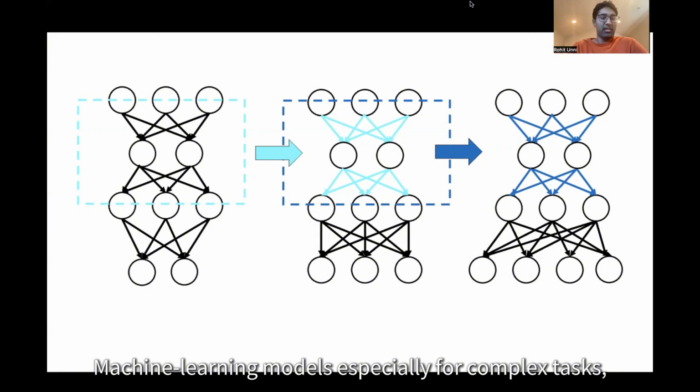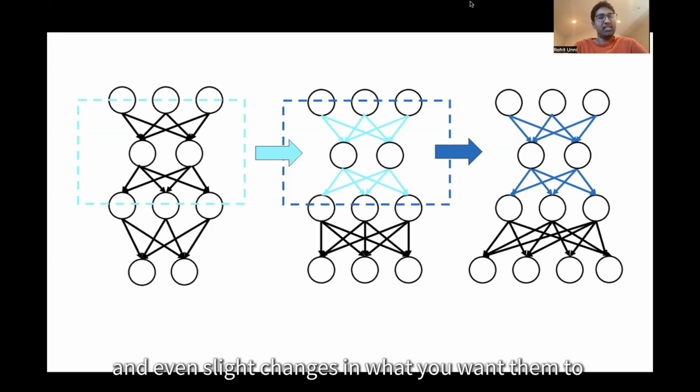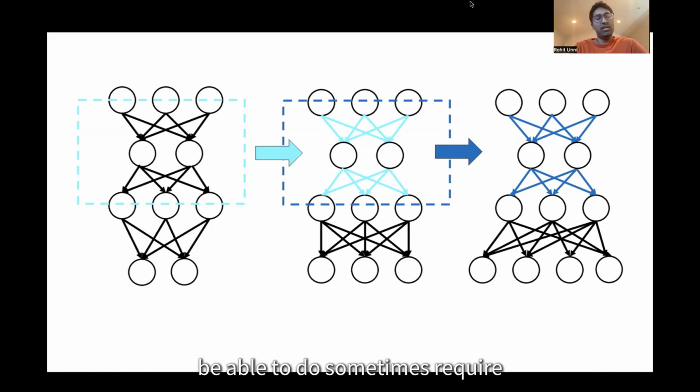So machine learning models, especially for complex tasks like this, require a lot of data, and even slight changes in what you want them to be able to do can sometimes require training a brand new model from scratch, which then requires even more data. So solving this data issue is a big challenge, especially if you want to be able to build a really